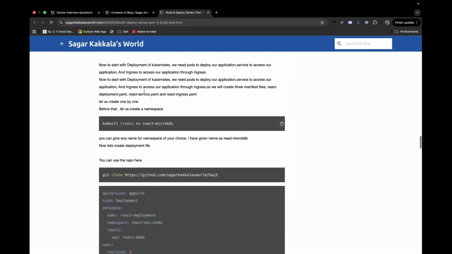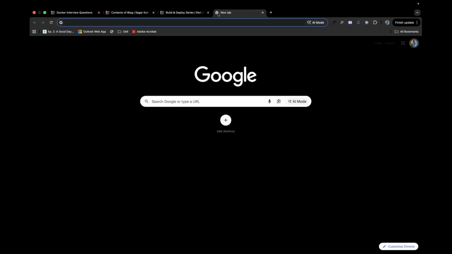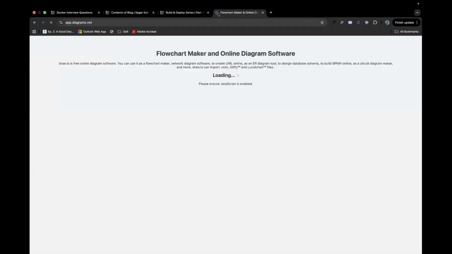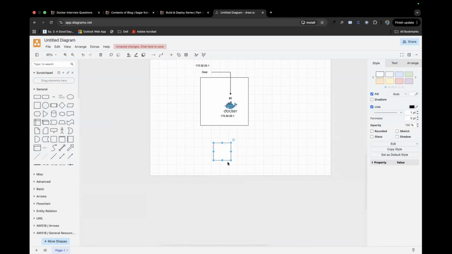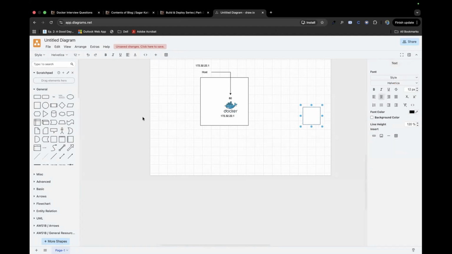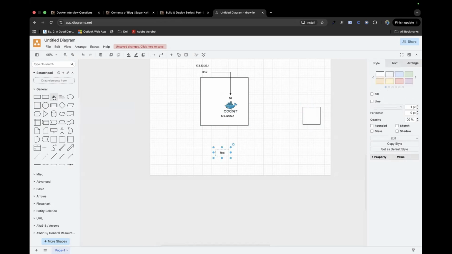In Kubernetes, everything works with namespaces as well. A namespace is nothing but, you could think of it as your own house. In this house you could have everything: your pods, deployments, ingress, all inside one house, and you could name this house. That's what we call a namespace.